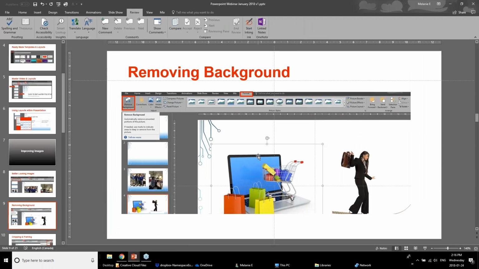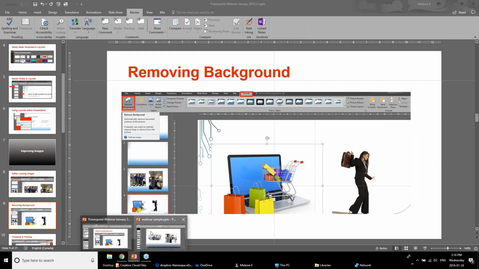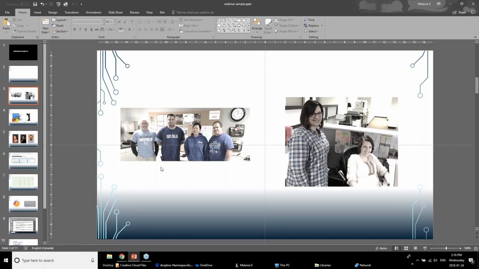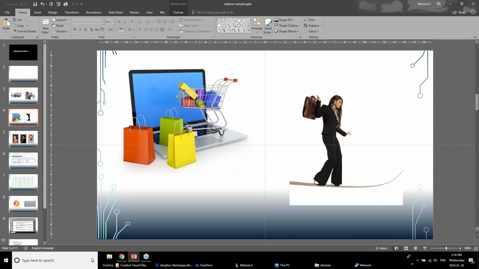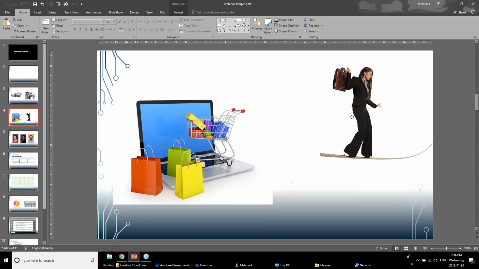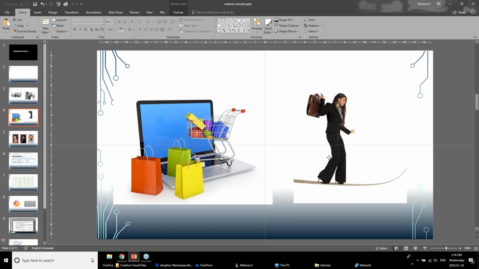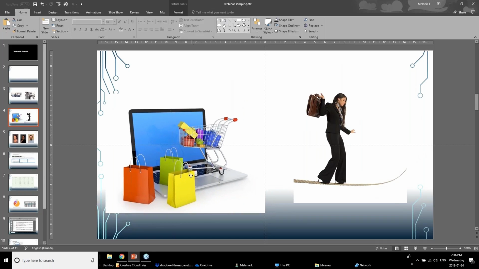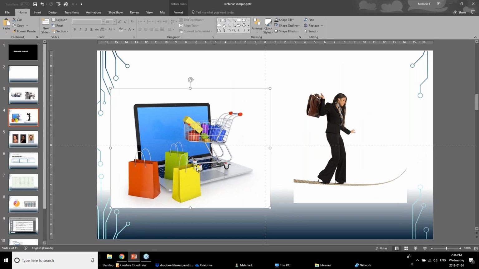Another great tool that they've added in 2016 is removing backgrounds. So I used to have to go into other systems, other products like Photoshop and stuff to do this. And I love the fact that now PowerPoint has included this as part of its tools. So I'm just going to go here to some images. You'll see as I put it on the background that it has a white background. Not really great when you have a textured background like we have right now, because you can't see what's behind it. So when I select the actual image, and I'm going to go here to the top to Picture Tools,